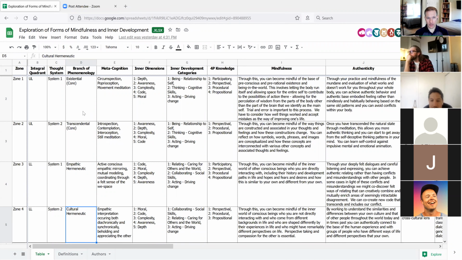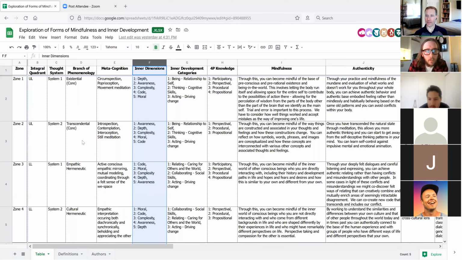I have complexity as actually the third one. And so just to tell you how this inner dimensions column works, I was thinking, because any of these dimensions can be developed through any of these practices, but there are some that are more closely correlated with others. It seemed pretty clear that existential depth is associated with existentialism, right? And awareness is associated with this